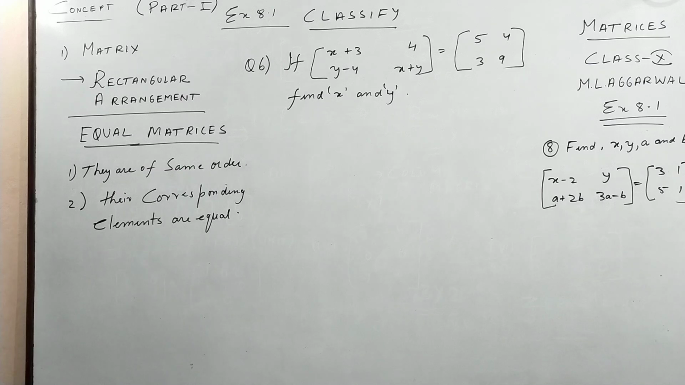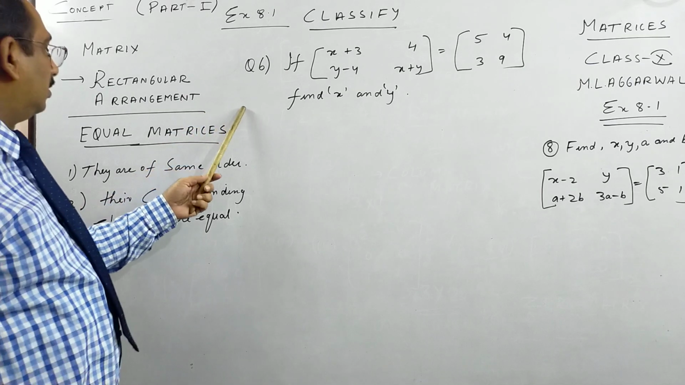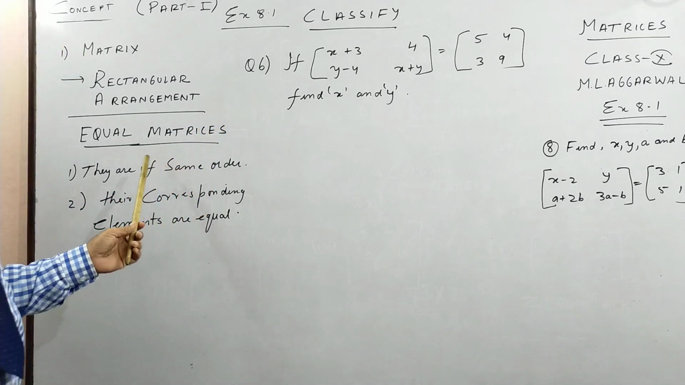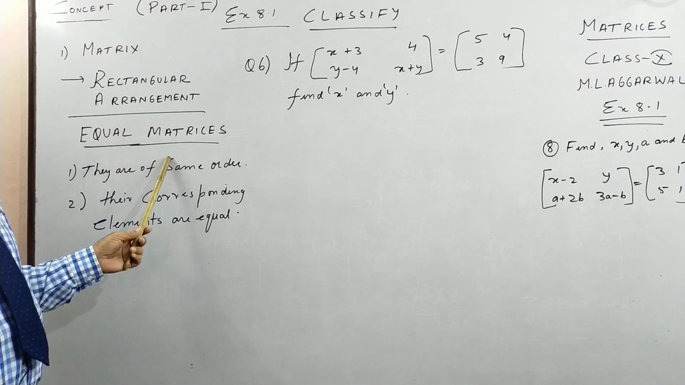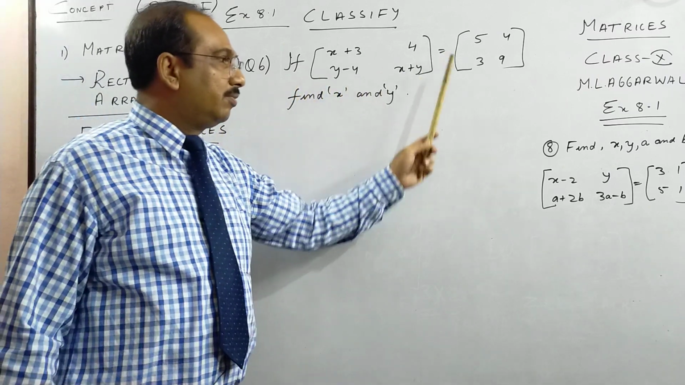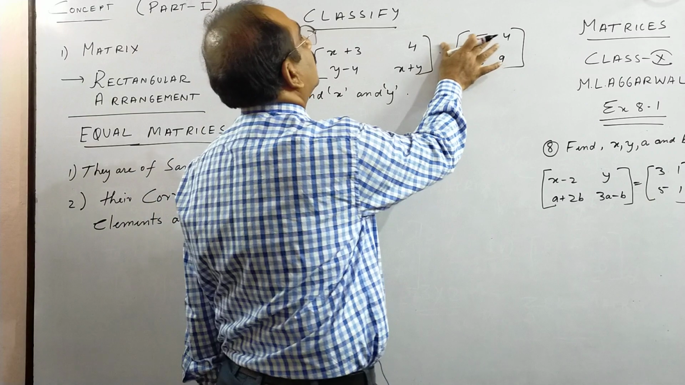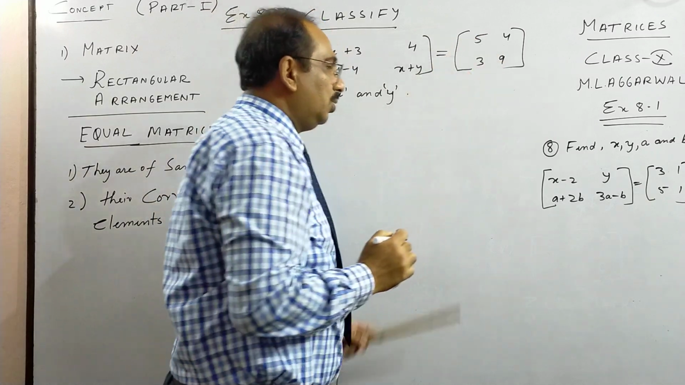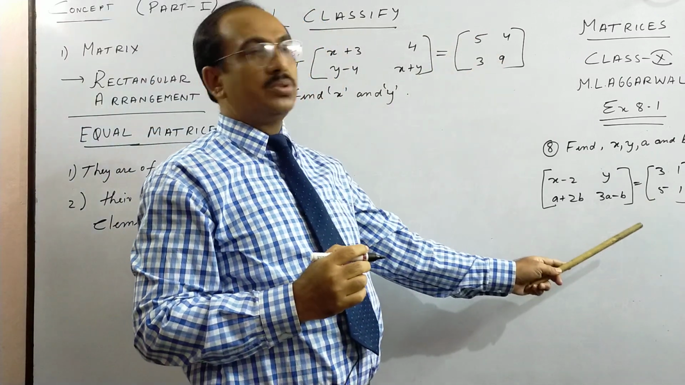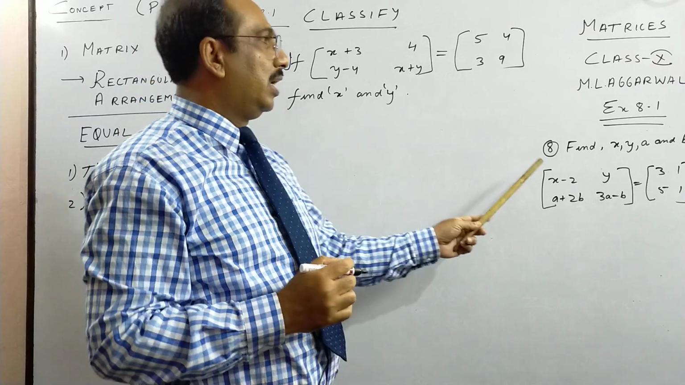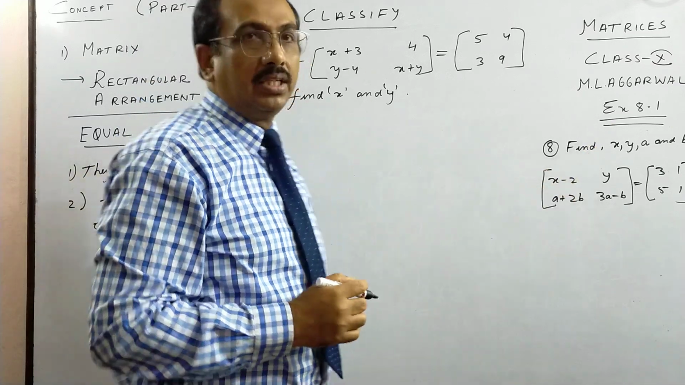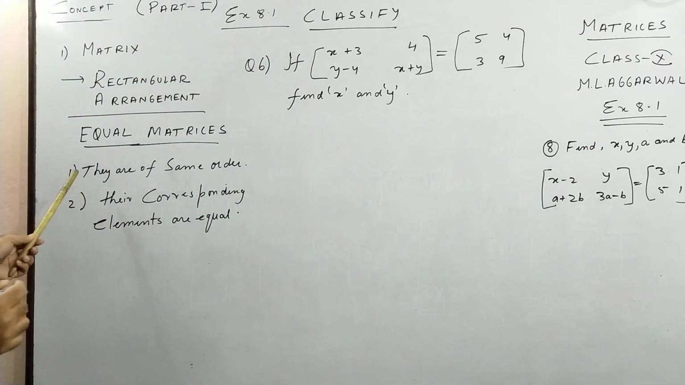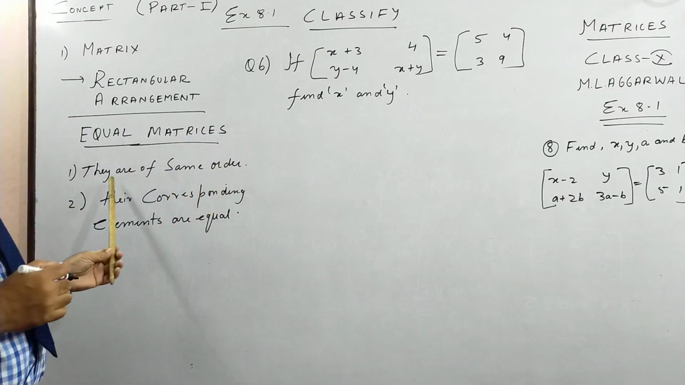So we take 2 questions here to understand the concept of equal matrices. If the equal to sign is here, children, when 2 matrices are equal, to sum I'll do number 6 and number 8 of exercise 8.1. So 2 matrices can only be equal